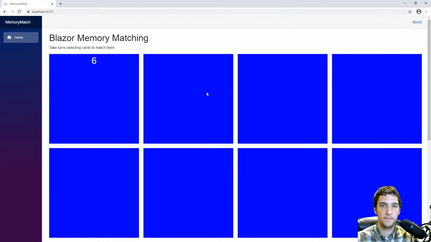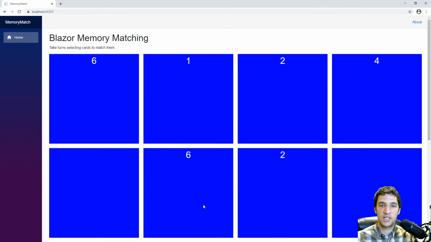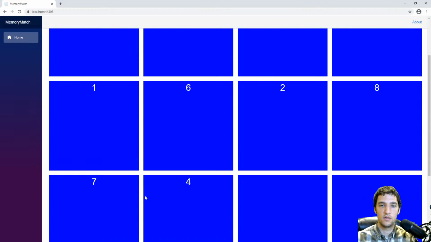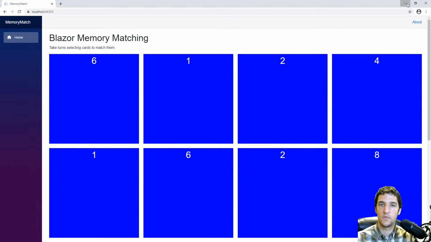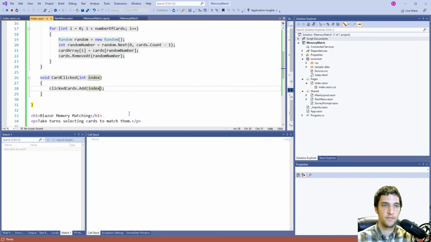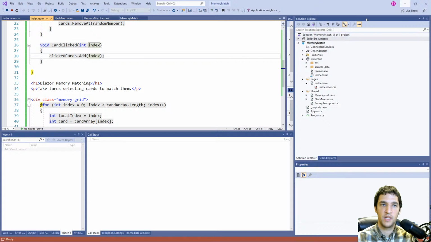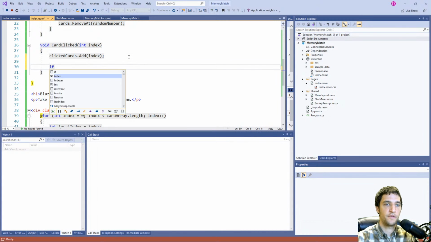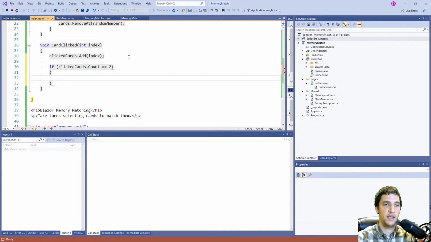Yeah, all right. We don't need that anymore. So when we click this, we can see what they are, which is great. So now let's do a couple more things. So we made it so when you click the thing, it will show the number. Let's go ahead and say if clicked cards dot count, or dot length, no, it is count, equals 2, then we're going to